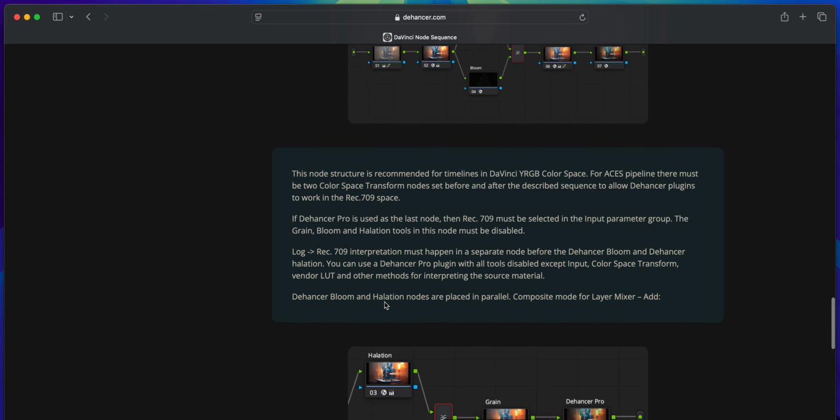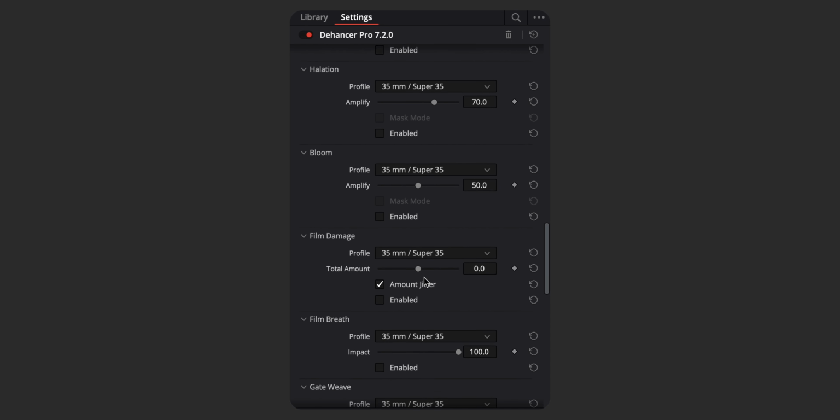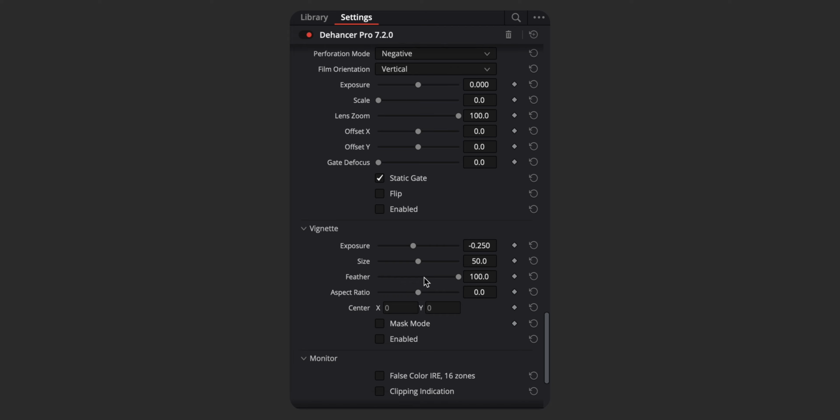So, in my opinion, for pro users, Dehancer is quite perfect in general, because you have lots of different tools to work on and you can really personalize every single detail in your videos, and this is extremely perfect. The only thing maybe is that you will have to take some time to understand the film